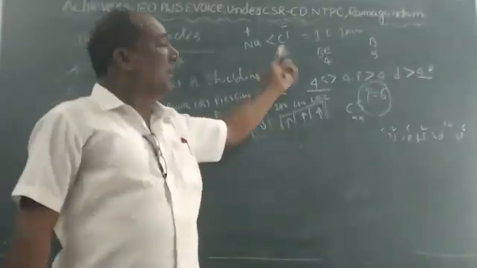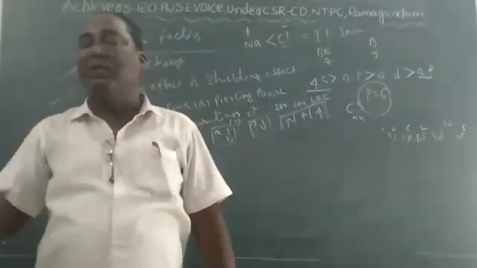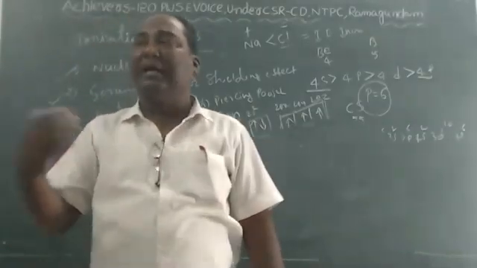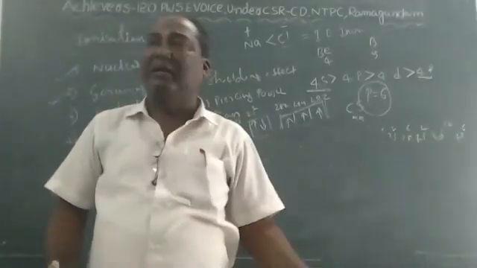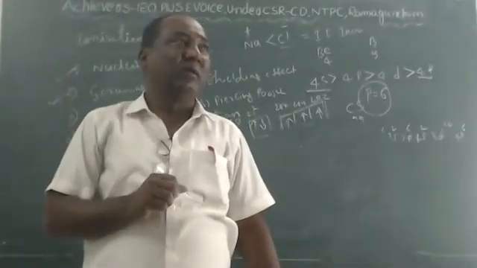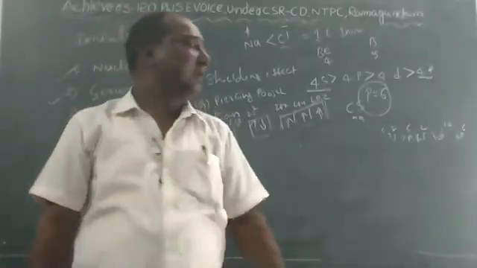And the properties, how they vary in period and group: atomic radius, ionization energy, electronegativity, electropositivity, metallic character, non-metallic character. How all these factors vary in period and group, whether they increase or decrease, is most important, children.